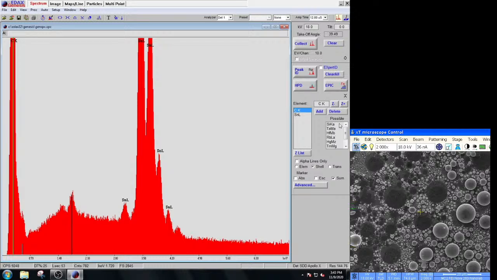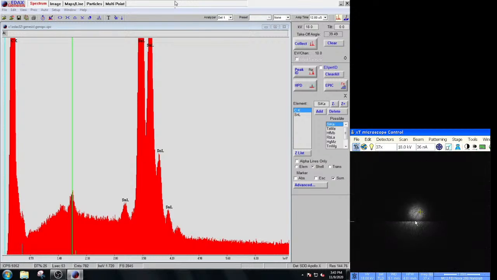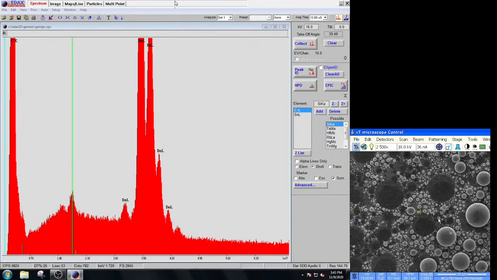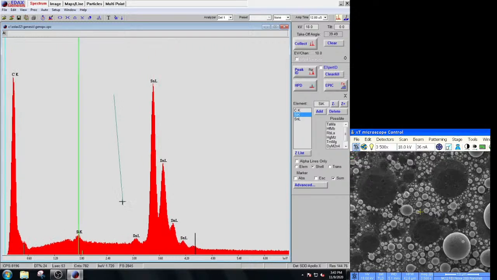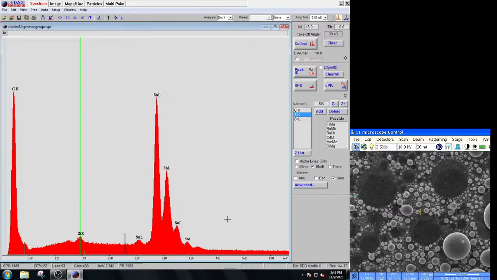So the detector crystal is made out of silicon, and you can get a silicon X-ray generated inside the detector by fluorescence, and that can cause this kind of thing. There could also be silicon around the sample area that I might be scattering off of. So if I drop my SEM magnification way down, maybe there's a piece of silicon out here somewhere that I'm not aware of. But anyway, I'm just going to go ahead and mark that as silicon, and there we go. So now we've got all our peaks marked, and